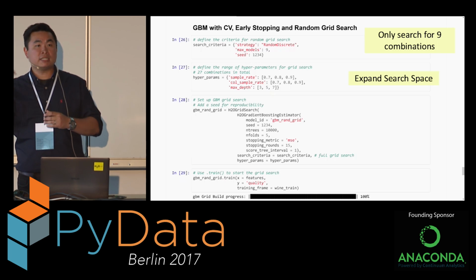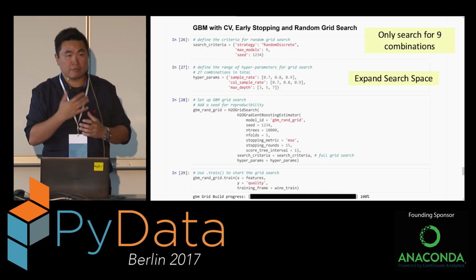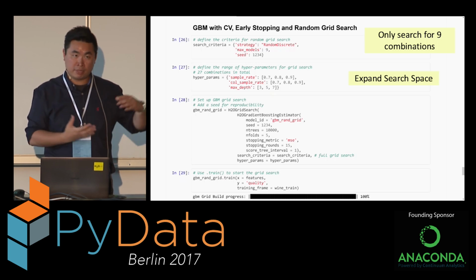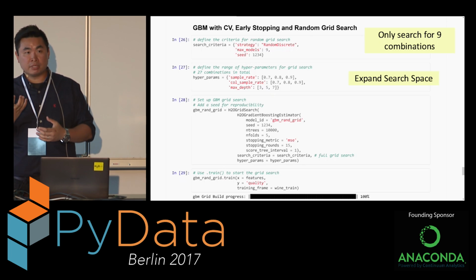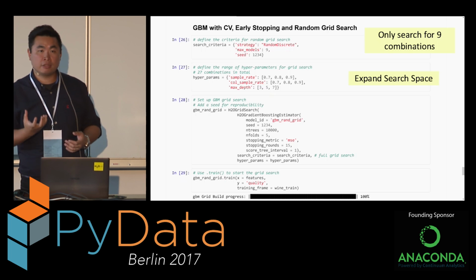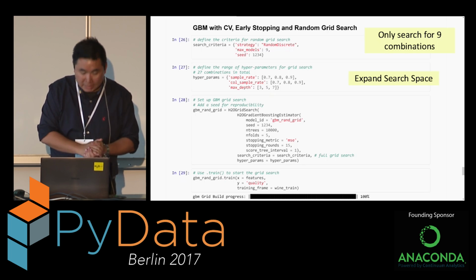But say this is a toy data set. You can run it quickly, even if it's 27 combinations. But what if you have a much more complex search space and you don't have enough power on a big data set? You may want to reduce the size of the search to a number that you can handle. Maybe it could be a time, or a number of models that you could handle with your hardware within a certain time frame. And that's what we're doing here.